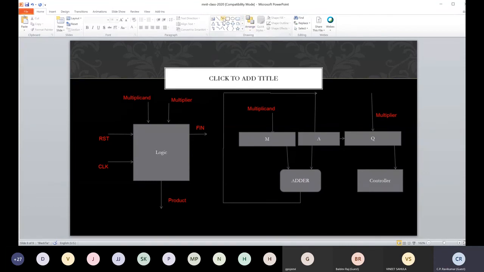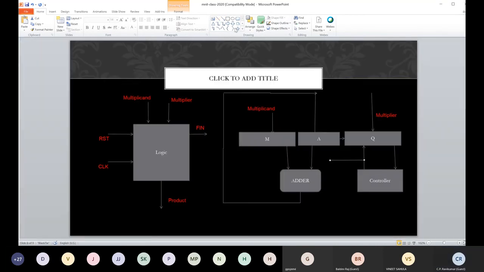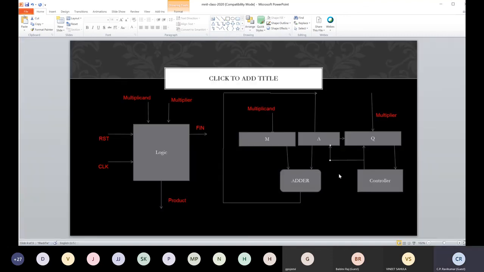So if there is a shift control to A and Q, they are being driven by the controller. And similarly, if there is a load button on the accumulator and the multiplier, there will be a load control here, and that is also being driven by this.